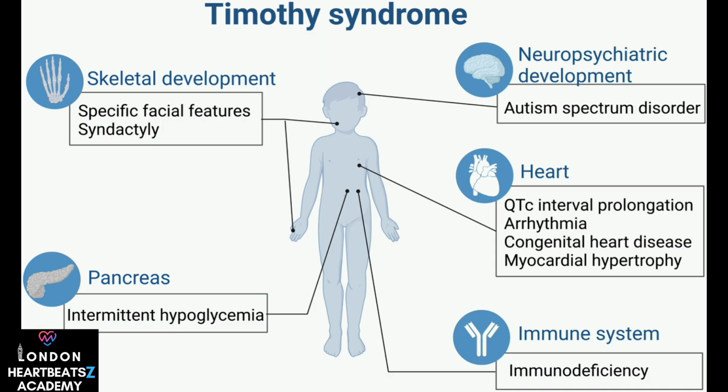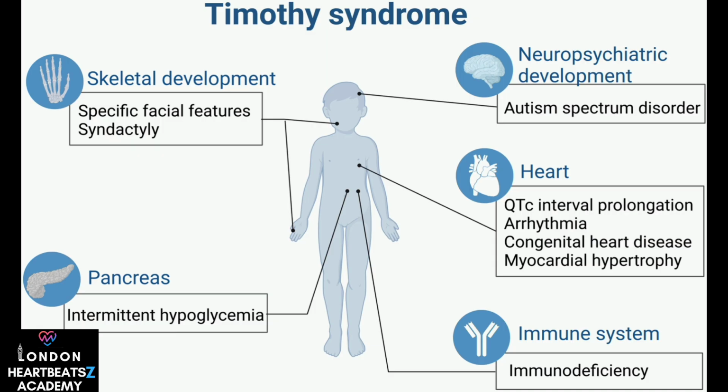It was first reported in Journey back in 1992 and later detailed by researchers including Catherine Timothy in 2004, hence the name. Wow. What's behind these widespread effects? How does one genetic issue cause problems in so many different systems? TS follows an autosomal dominant inheritance pattern, though interestingly, most cases are due to de novo mutations. That means they're new mutations in the affected individual, not inherited from parents.